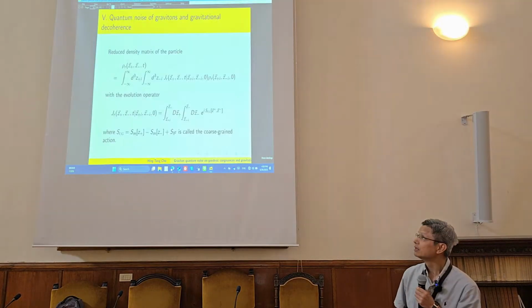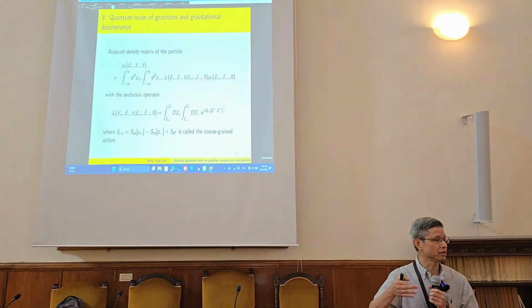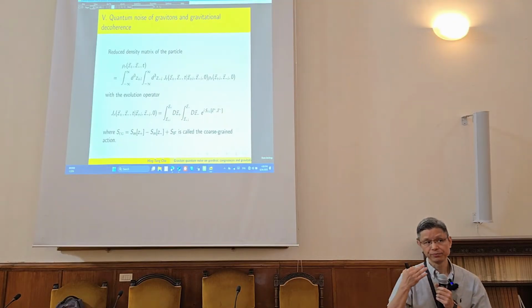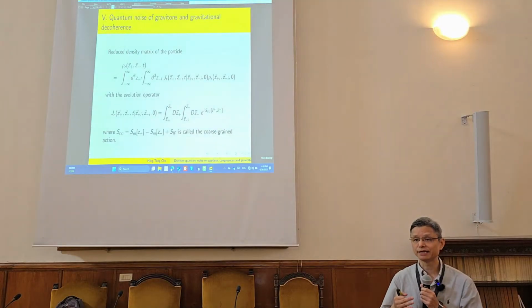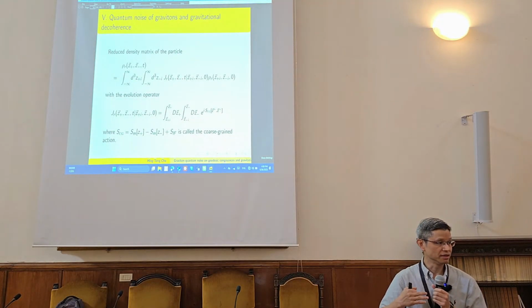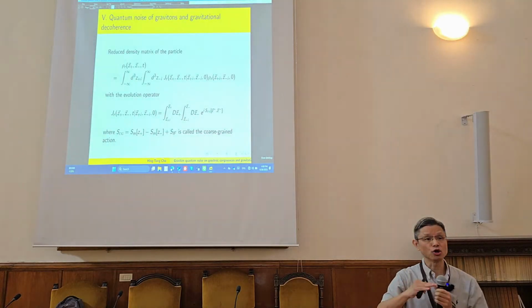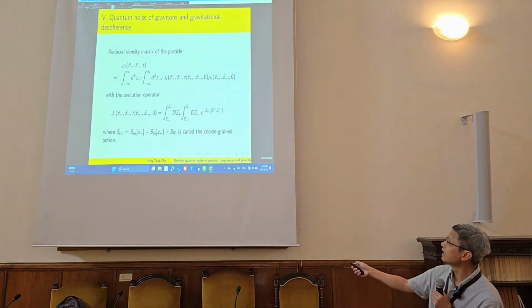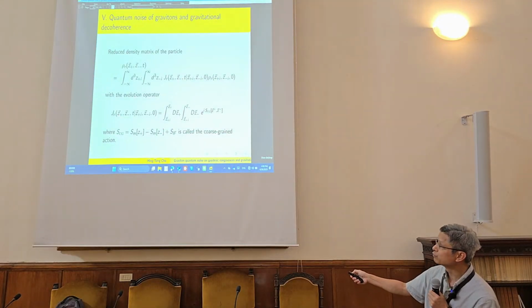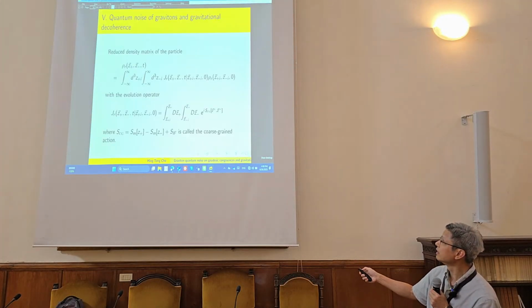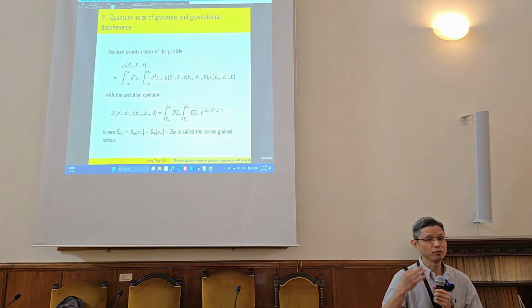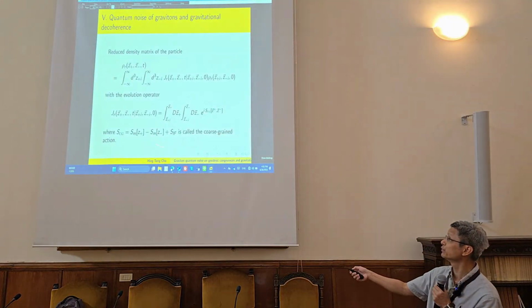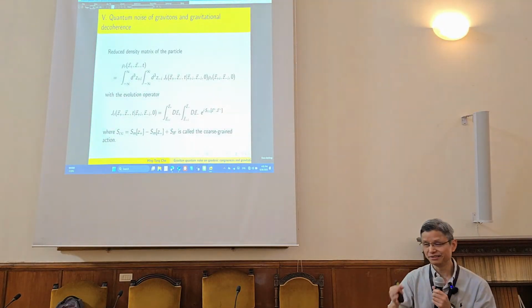Now, our recent work is on looking at the system as quantum. We look at the reduced density matrix for the particle, and we assume that initially they're separable. Then we can do the integration over the graviton degrees of freedom in full, and arrive at this evolution operator. Basically, this operator is a path integral over z plus and z minus with this action, the influence action again. Now, supposing we have the influence action, we can put it back in and do the integration. It's easier said than done, but